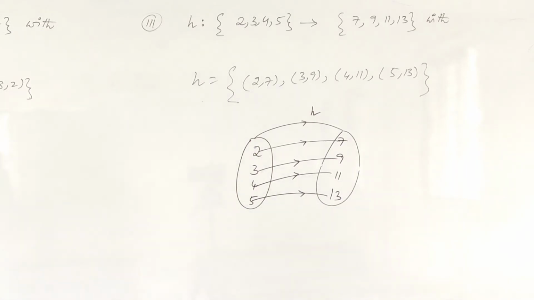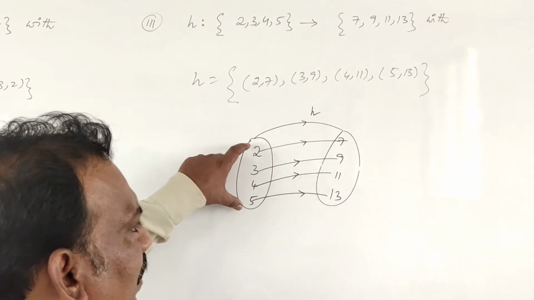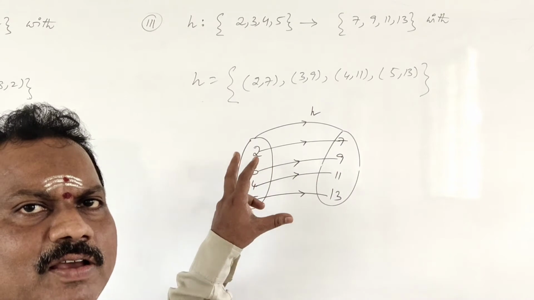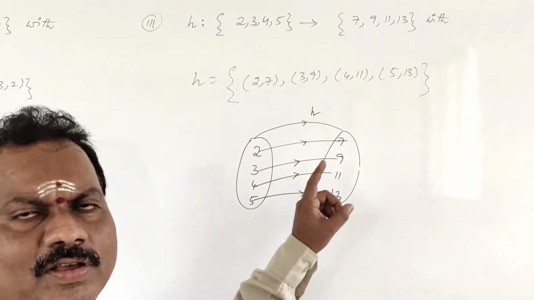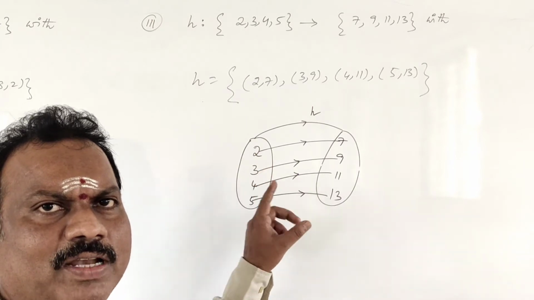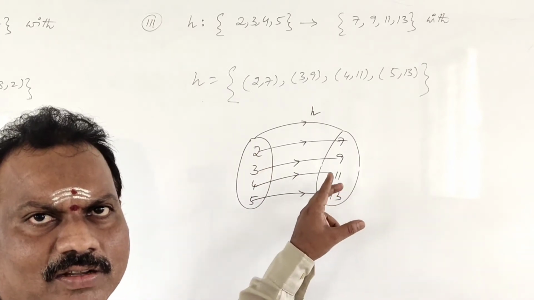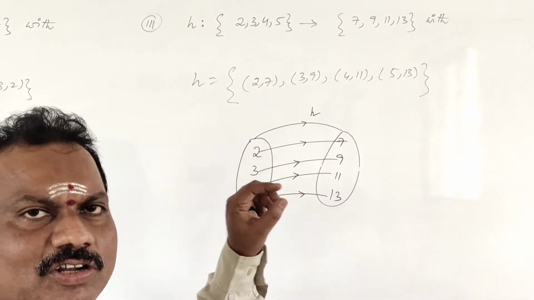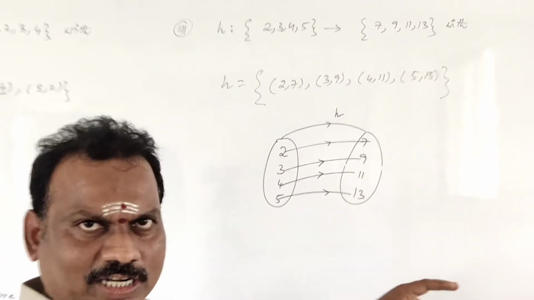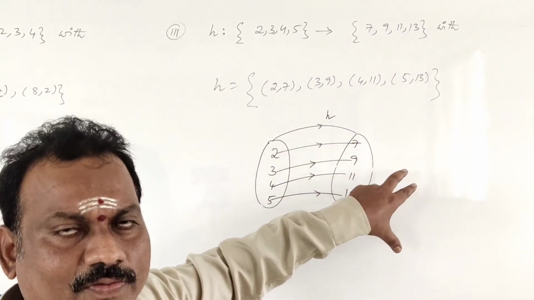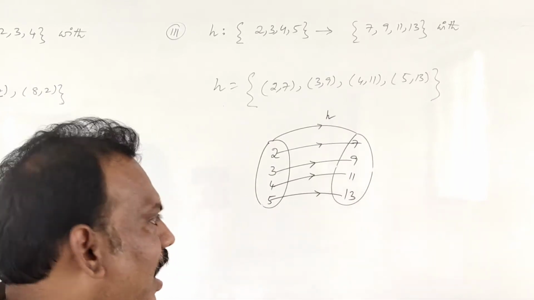By seeing this, it is a function because each element of A has a unique image. Correct or not? For every element of A there is a unique image in B. We don't have two elements with the same image in B. One element in A does not have two images in B. That's why the first coordinate is not repeated. So it is a function. At the same time, different inputs, different outputs. So we can say that it is 1-1. And also it is onto.